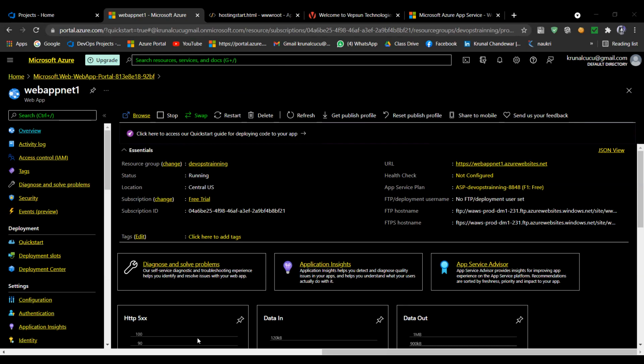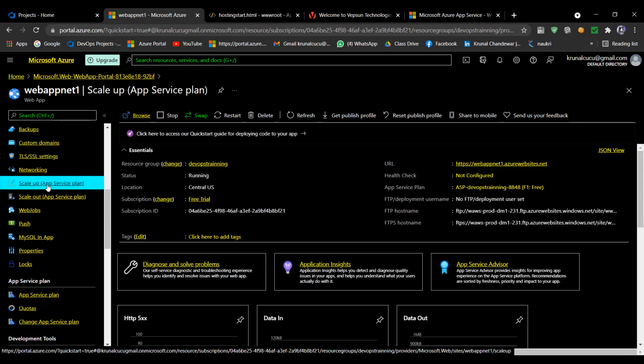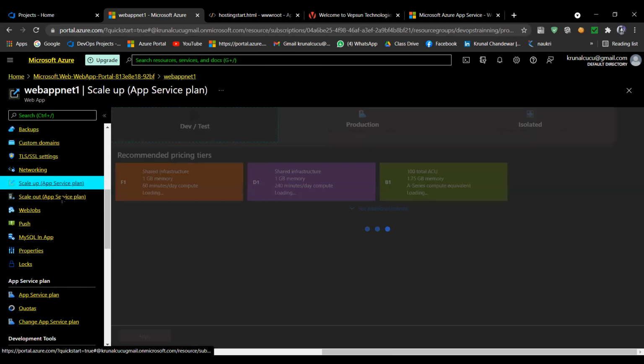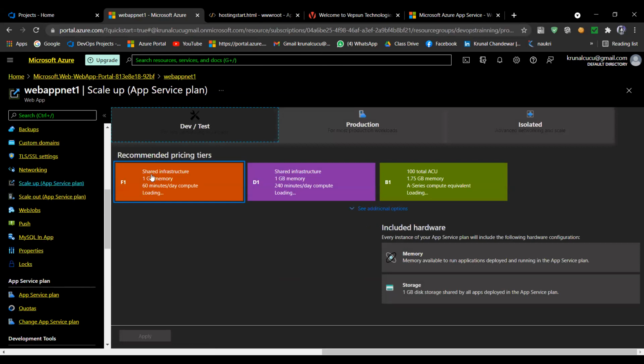And I would like to show you that, and we will get that in our Scale up application service. If you click here in Scale up, you will get a demo of your plans. See what plan we selected right now.